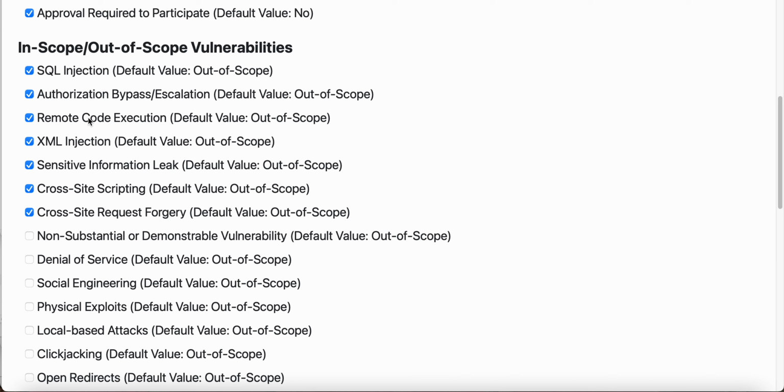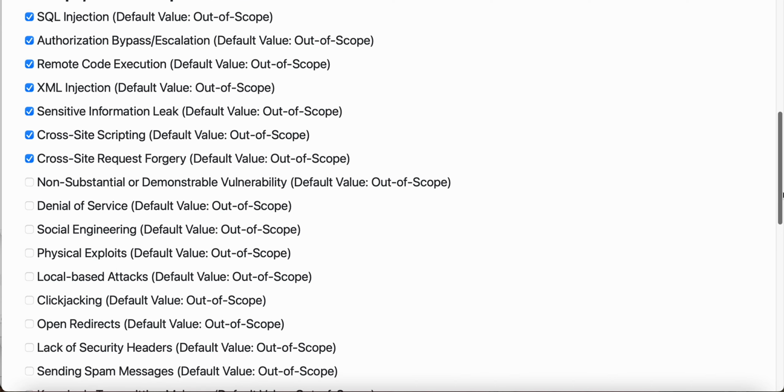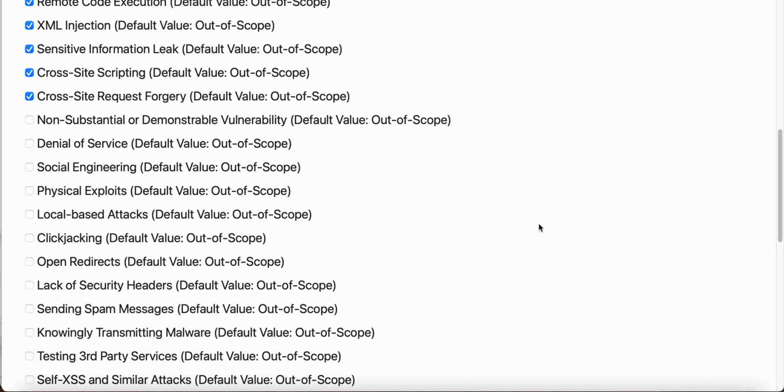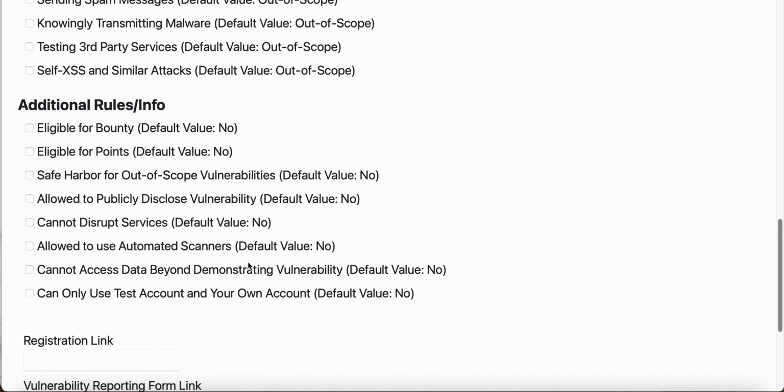So just to make that clear, make that well established here. And then once you get down, you can again leave unchecked what you don't want to be in scope. Coming down to the last section here, you have the additional rules and info, which you can select what you want from. And if you're curious what I'm checking here,